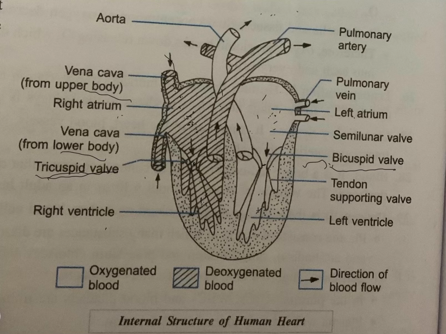See how blood flows through the heart. The right atrium, again I repeat it, the right atrium receives deoxygenated blood from all parts of the body through the large vein called vena cava. See the vena cava. When the right atrium is full of blood, it contracts and the tricuspid valve opens under pressure and the blood is forced into the right ventricle. When the right ventricle is full of blood, it contracts and the blood is pumped into the pulmonary trunk.